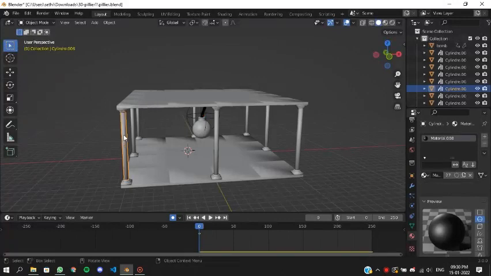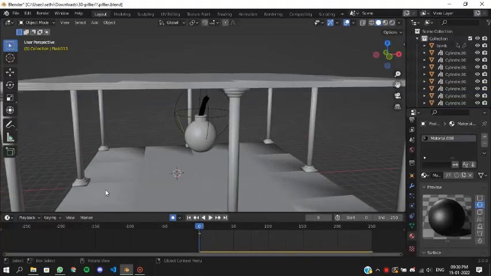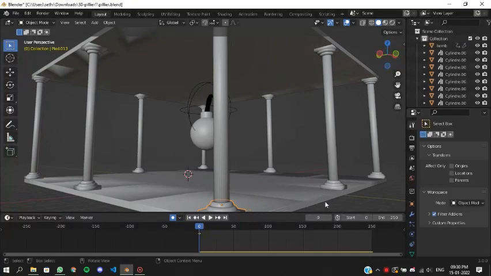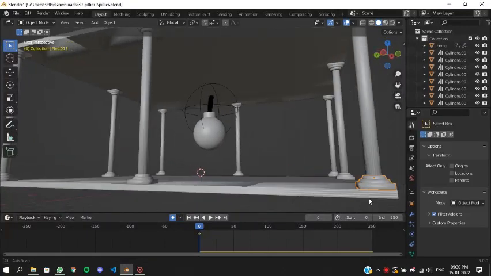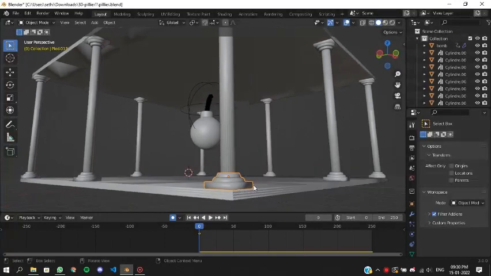This pillar over here has been created using a cylinder. The base of the pillar I created with the help of some 3D structures consisting of cubes, and I just scaled them up to the level which was required.